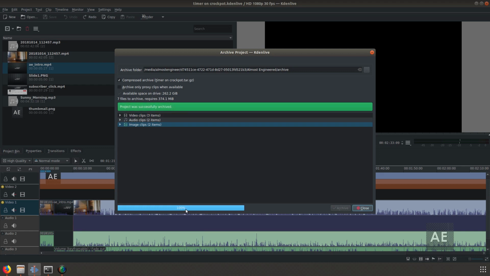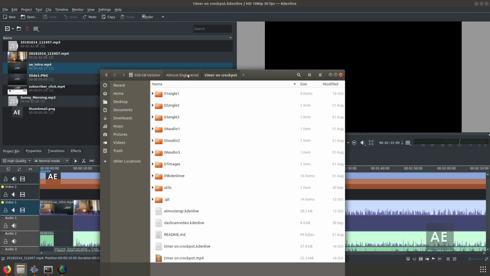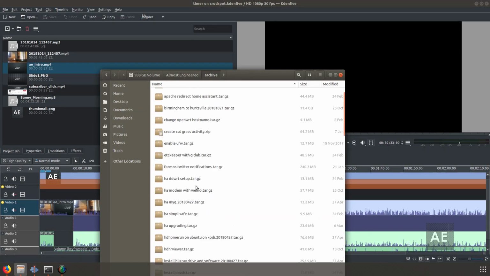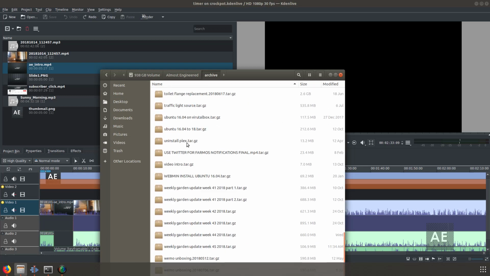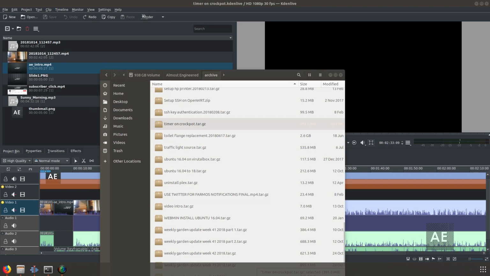So the project has completely archived as indicated here. So now we can close the project. And if I go to this on my file system, the name of this one is Timer on Crockpot. And so if I open this file,